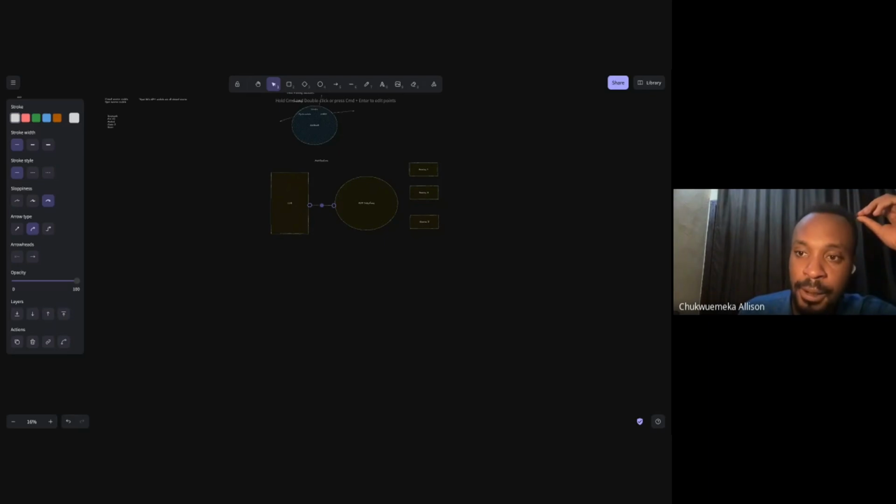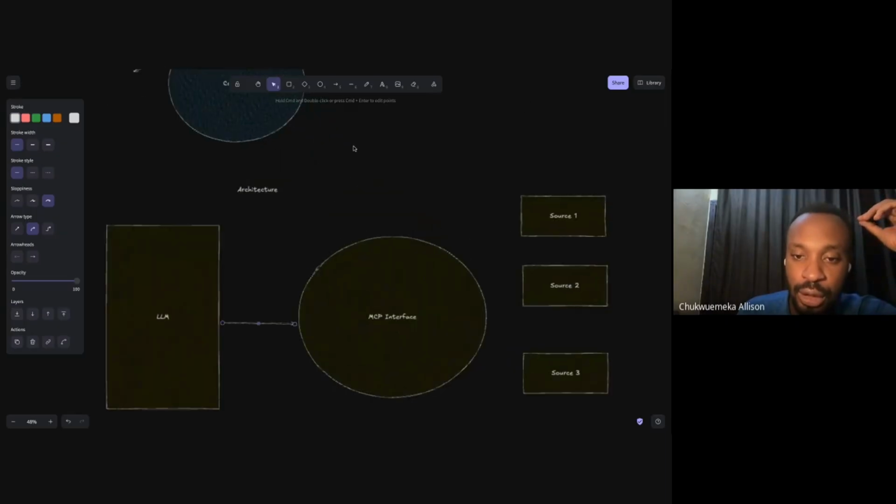A tool like Claude Desktop has an interface to add model context protocols for popular tools like Zapier, just many different tools, even including Google Calendar and everything else. So this model context protocol, this interface, goes to these different sources to pick up the information. And once it picks up the information from these different sources,